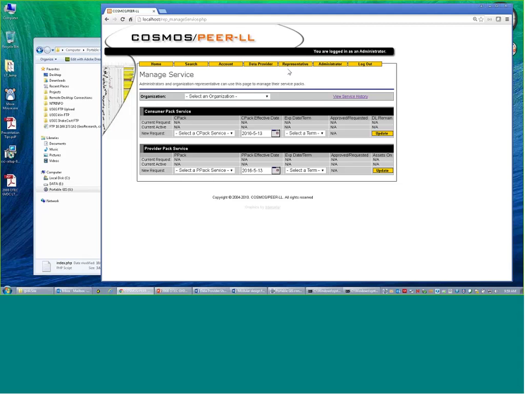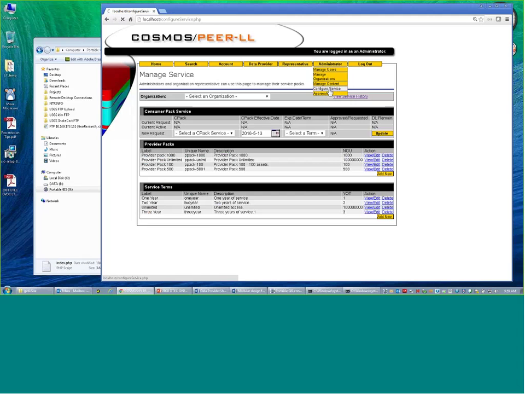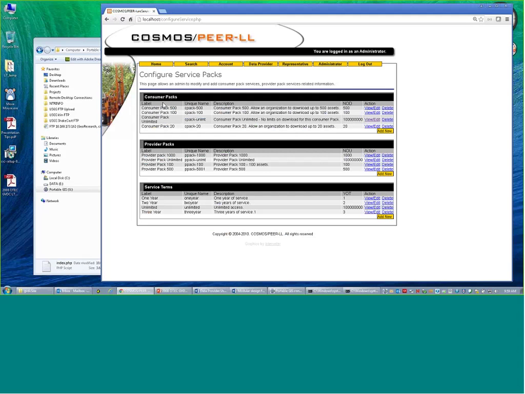So those features are all built in. And that's under this administrative panel. So as the system administrator, you can go in and actually configure these different services. So consumer packs are users that just want to download data. Providers are for data providers. And, you know, again, this is